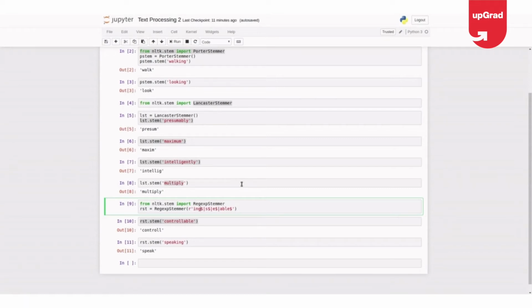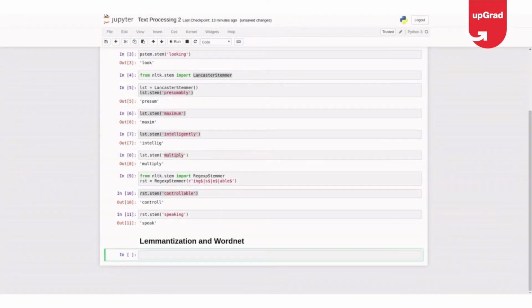I'll be using the WordNet corpus to help you understand WordNet, and building lemmatizers with respect to the WordNet corpus. As I said, lemmatization helps you find the root word. The difference between stemming and lemmatization, which is a commonly asked question, is that lemmatization gives you the root word of the given word, whereas stemming doesn't give you a root word but a stem, which may or may not have a meaning in the dictionary.